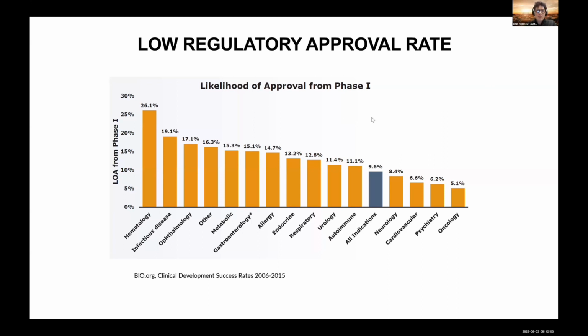But regulatory approval in oncology is among the lowest among disease indications. You can see the average is about 9.6%, from phase 1. So after initiating phase 1 to regulatory approval, usually that requires a successful phase 3 trial, right? So you can think about phase 3 being unsuccessful. An average of 9.6, but oncology between 2006 and 2015 was down here at 5.1. I think it's less now, even 3.9. So we look at this across other disease areas, and it's much lower.